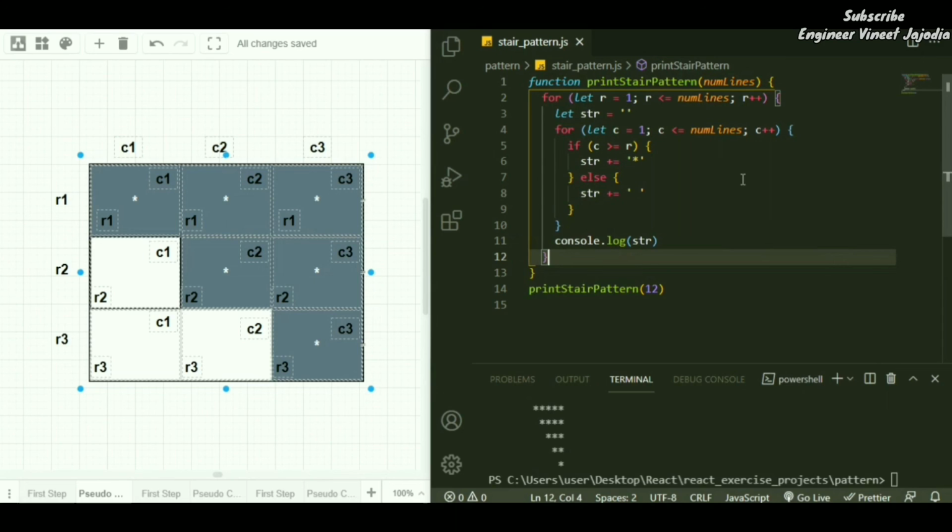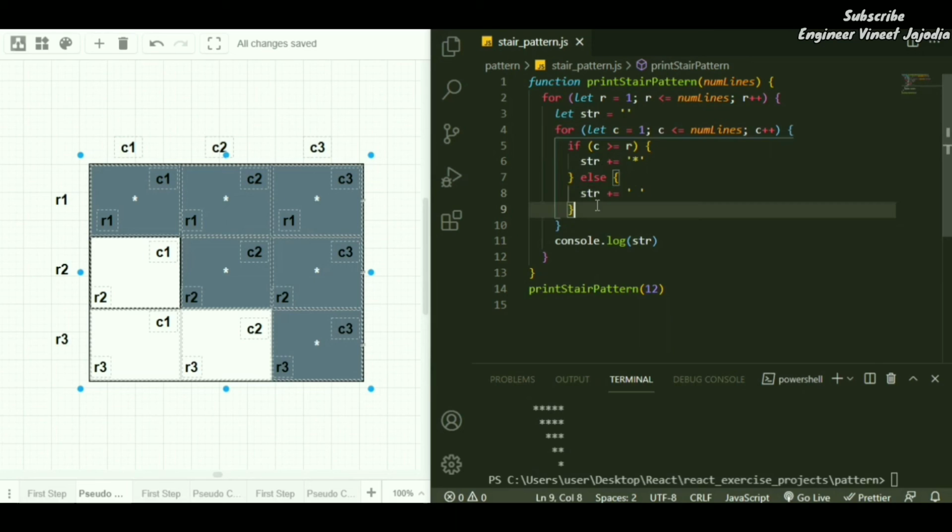Okay. And for the plus point, if you can reduce the number of lines of this code, it will be very good. So how can we reduce the number of lines here is the bonus point. Right now we are using if and else. Inside if we are using only one line, and inside else also only one line.